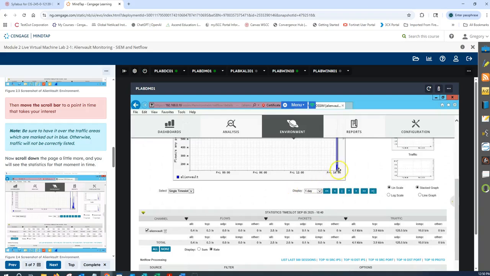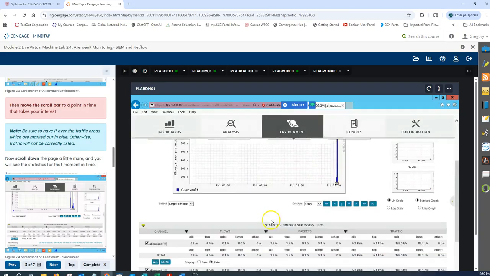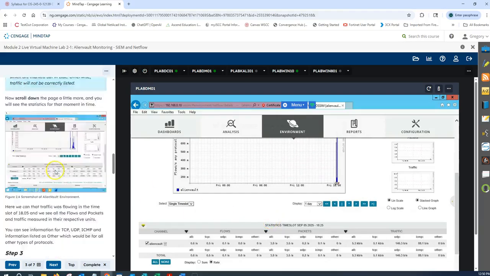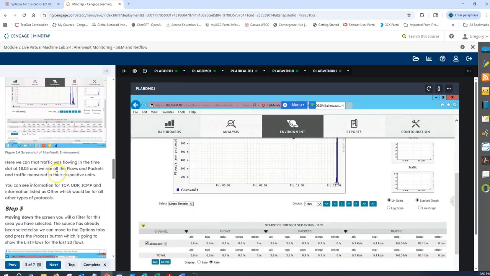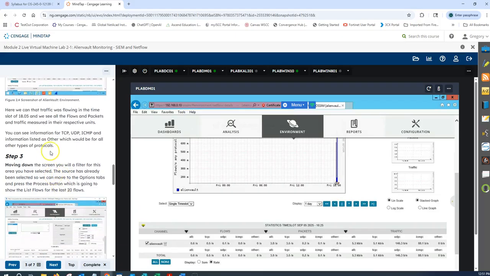If I was to move this just a hair, our statistics would change a little bit. Here we can see the traffic that was flowing at the time of slot 1805, and we see flows of packets. You can see information for TCP, UDP, ICMP, and other information listed, other, which would be for all types of